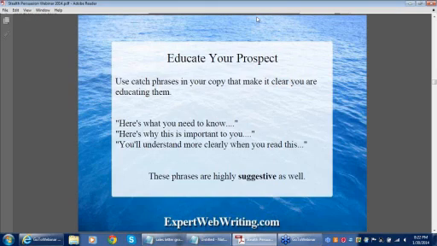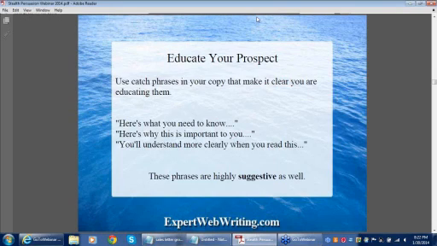And a couple of other ones that give the idea that you care, that you're alerting them to an educational process. They feel better about the fact that you care that much to make them informed. Okay, we all do. Also, these phrases are highly suggestive. Something like, here's why this is important to you, actually perks someone up before you're just about to say something important. So educating your prospect is a biggie part of persuasive and stealthy content.